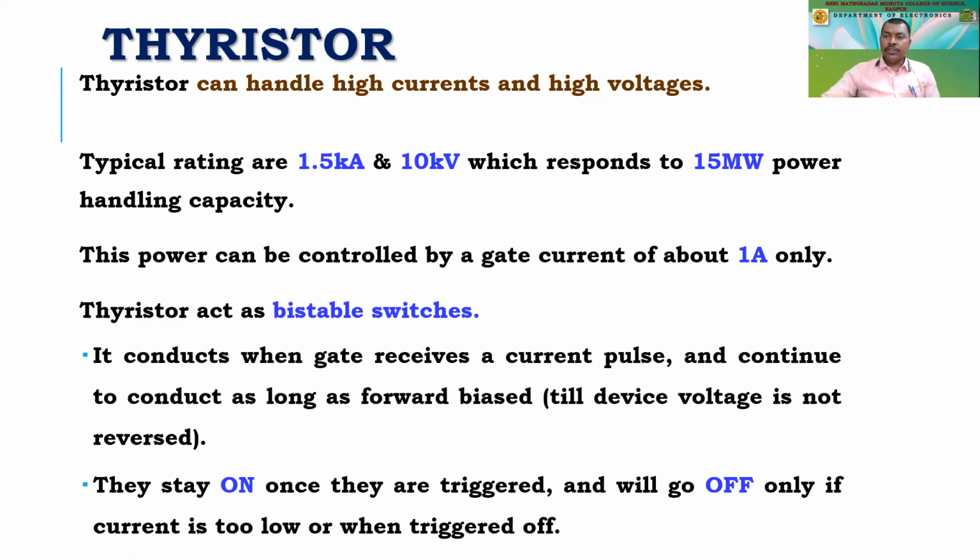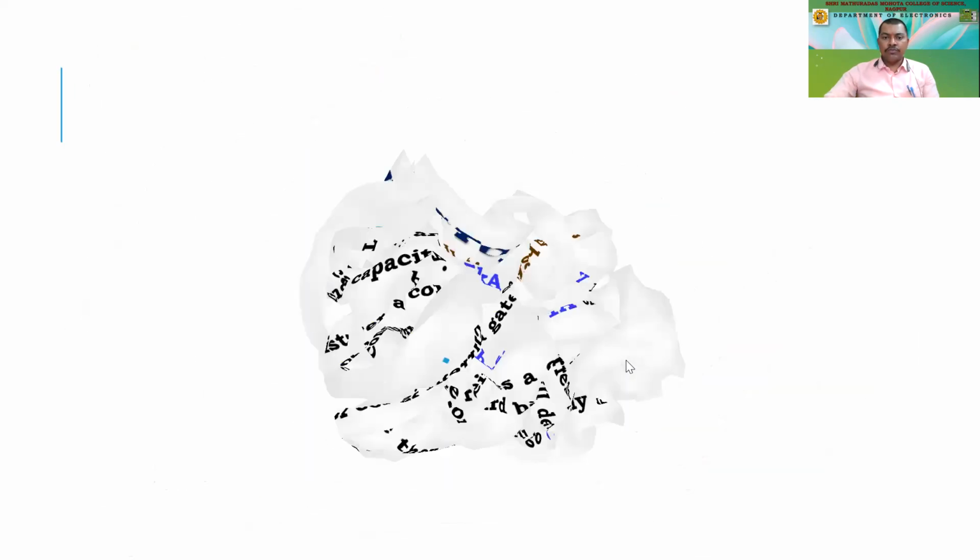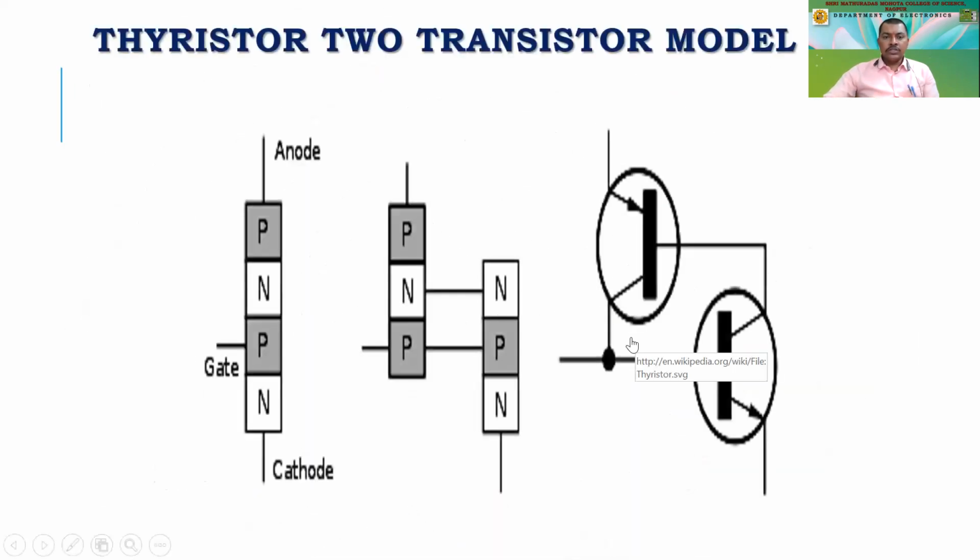So that is the drawback, and we require some more circuitry to switch it off, right? So once it is switched on, then it is difficult to switch it off again. Now, thyristors. So this is what I have told you, that we are having a four-layer junction, and if you